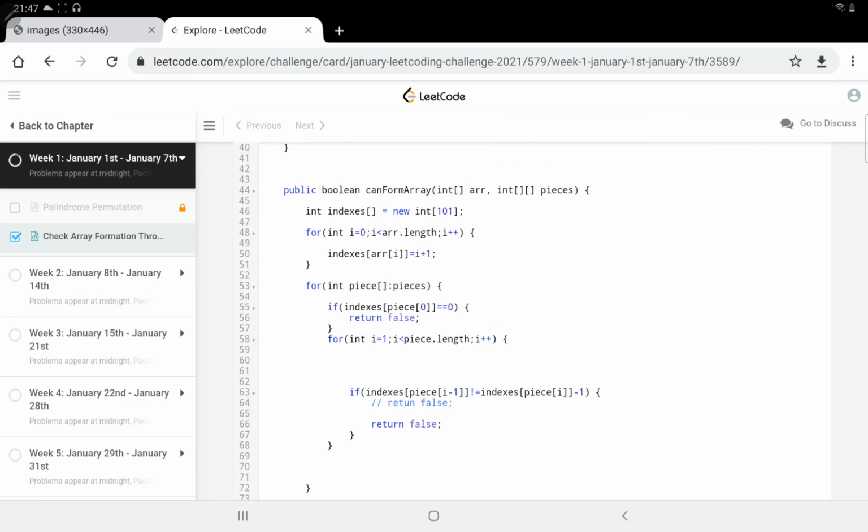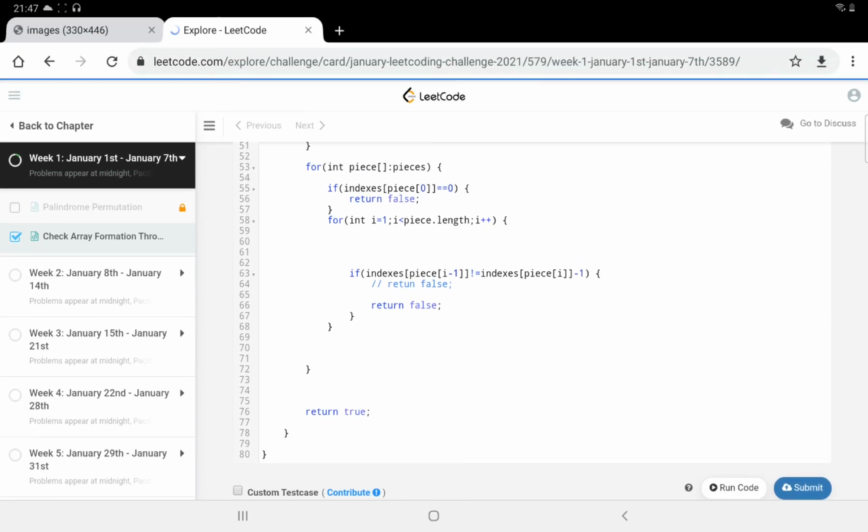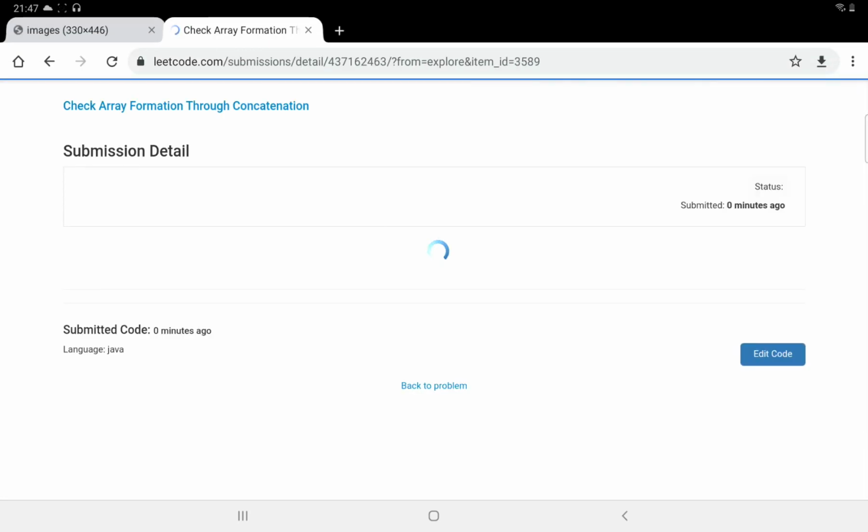So this is the overall code, and you can see that we drastically reduce the time complexity here. We are using two nested loops, one for the piece, and we go through each piece at a time. So instead of 3 nested loops we are using 2 nested loops here. Let's quickly submit the solution and check whether it is accepted or not. Okay, you can see the solution is accepted and it's beating